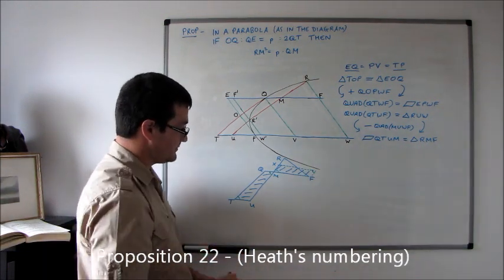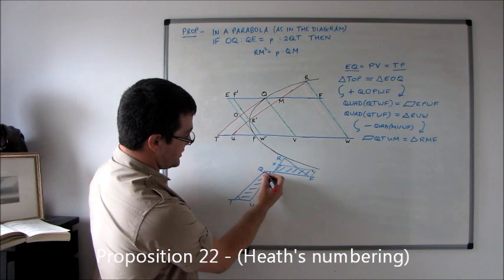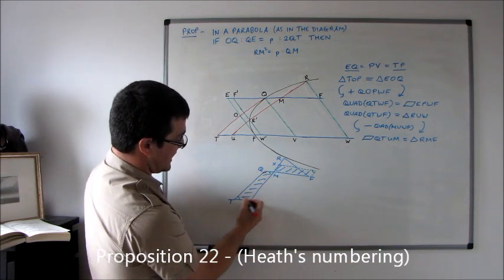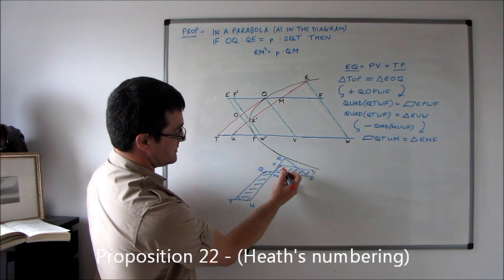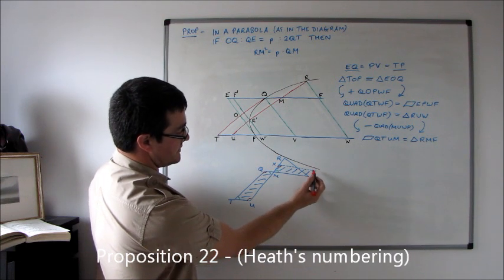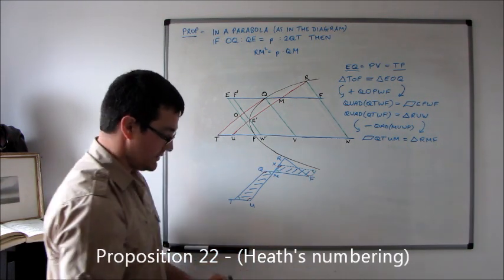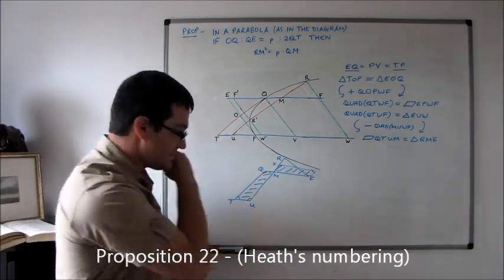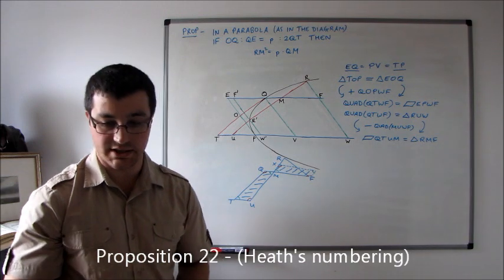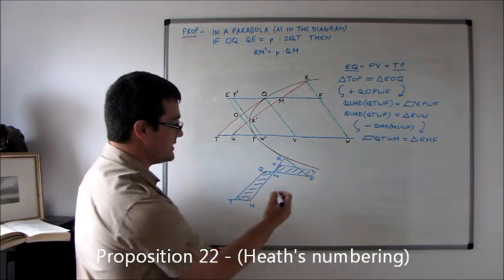And similarly, angle TQM has to be the same as MUT, which has to be the same as this angle here. So they're equiangular. And from that, we can say from Euclid's 6:14,